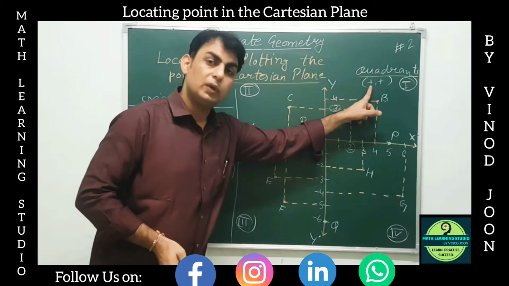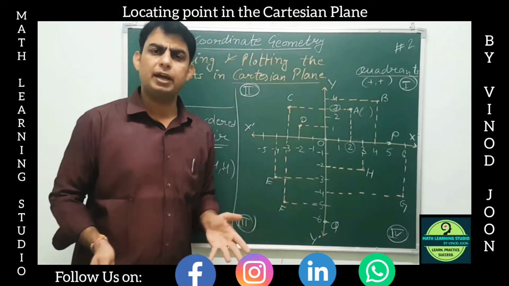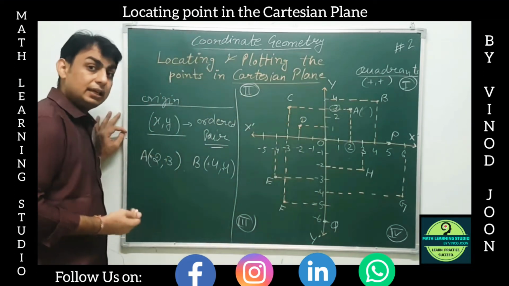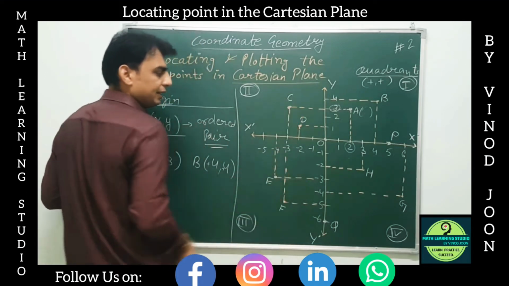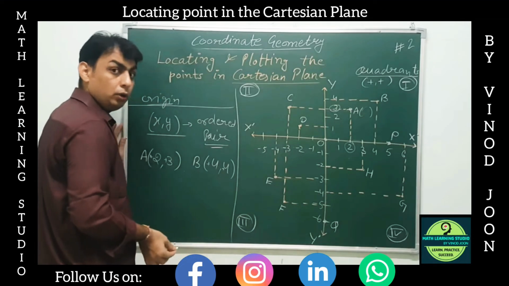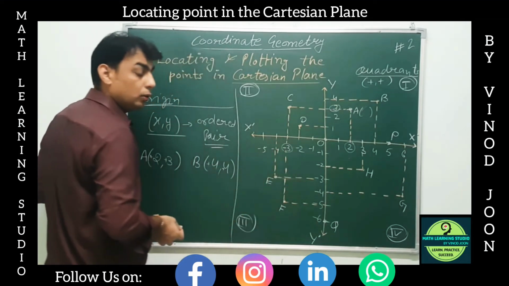So positive value of x and positive value of y. Now, let us come to the second quadrant and see what happens there to the points. Okay. So first point C we can take. So again from point C we can see there is a line coming down, right? And this line is coming to the value -3.